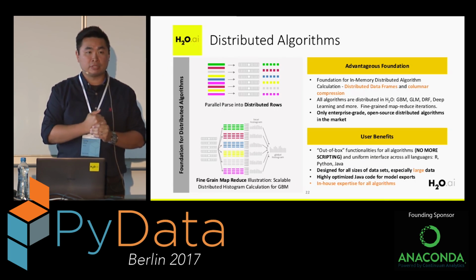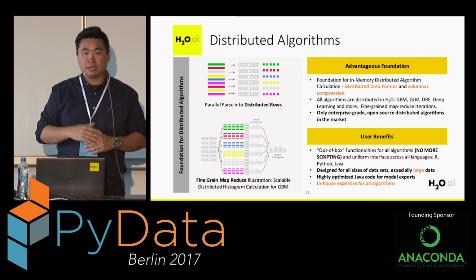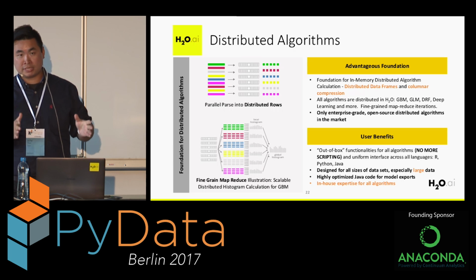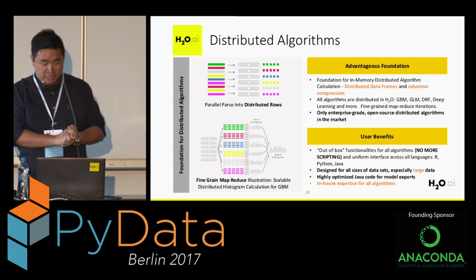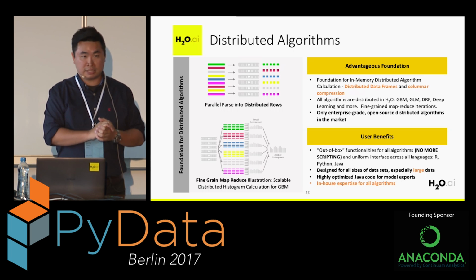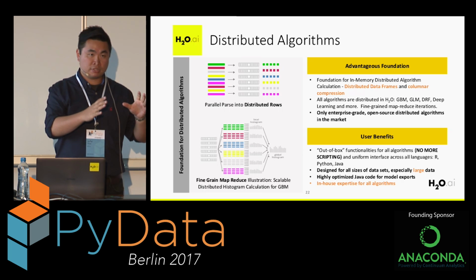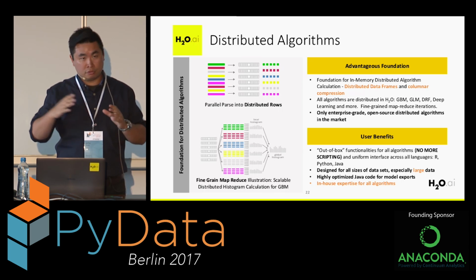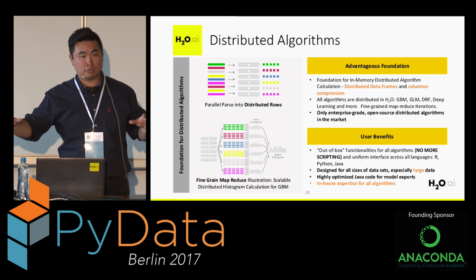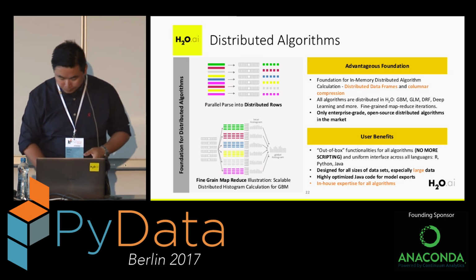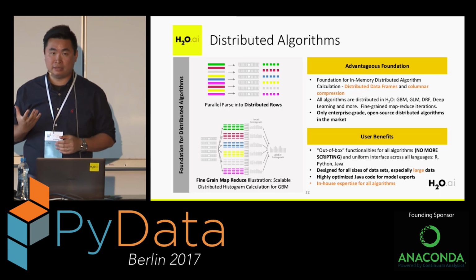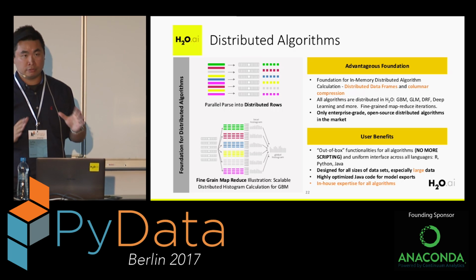And just a bit more about the algorithms themselves. Everything is written in a distributed manner. Everything that you do today may be on your single machine or laptop, but if you want to use H2O with multiple clusters, multiple machines, multiple nodes, it is the same kind of code. It's the same thing that you did today on your laptop. When you move on to a bigger cluster or more CPU power, it will automatically distribute across all the CPU resources that you assign to H2O clusters. That's done automatically for all users, so you do not have to think about how to optimize the parallelization for different structures. It will just do it for you.